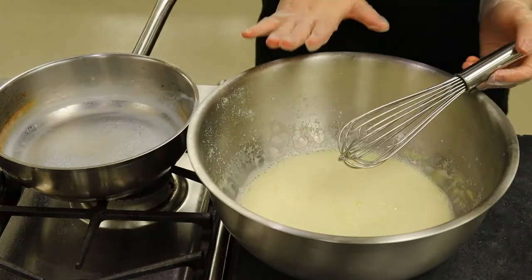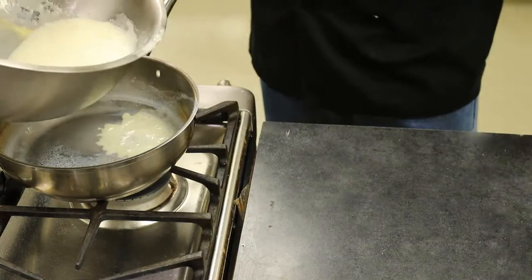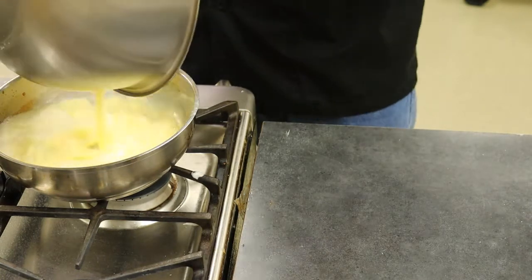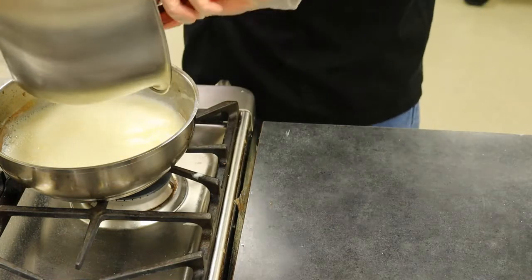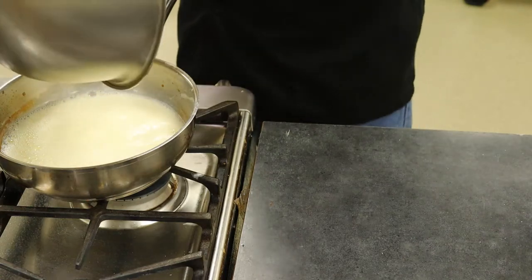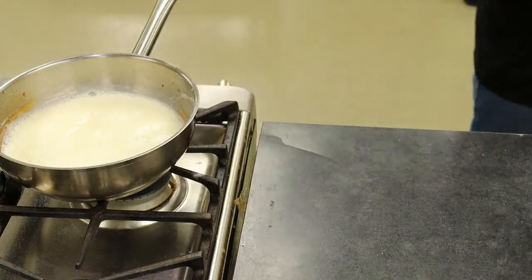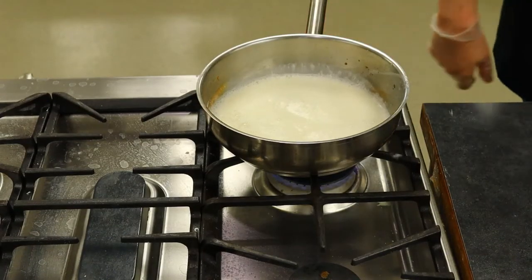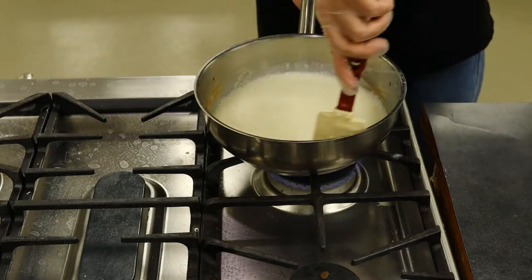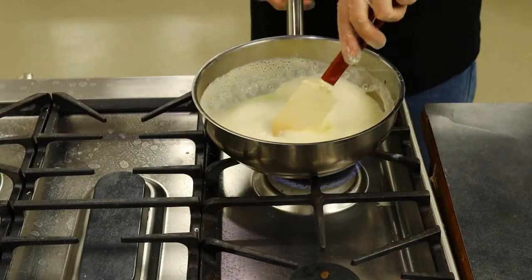All right, so now all my liquid is in the eggs. Now I'm going to pour this back into the pan. And now this is where stirred custards are made. They're made on the stovetop. So let me adjust my camera here. Okay, so while the pan is on about medium heat, I'm going to cook this until the eggs start to thicken,